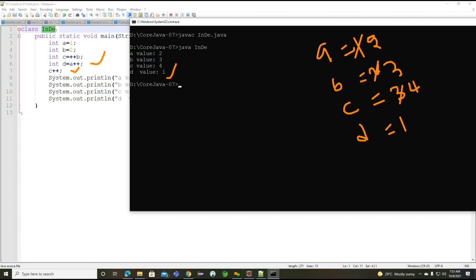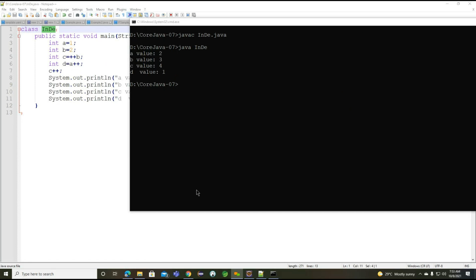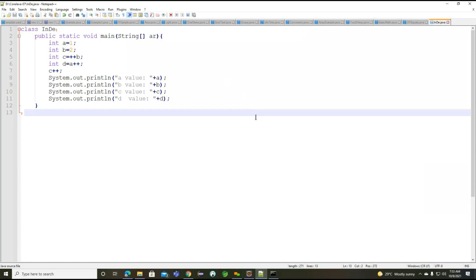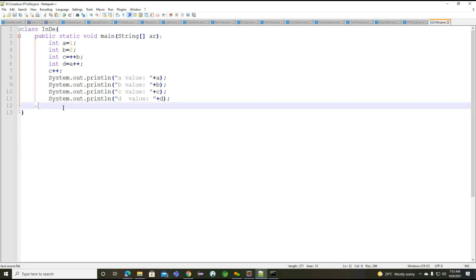Okay. Now what we will do, we'll move on to the different operators here, because we identified the arithmetic operators here. Now we'll move on to the relational operators here. So what are the relational operators we are going to have, and how are these particular relational operators going to work in our Java language here? So to understand this, now what I need to write here. First, what are the relational operators we are having here?